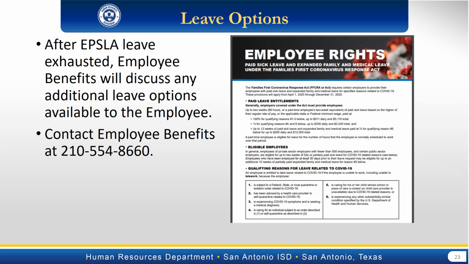For instance, if an employee ends up having to be out for a second time or a third time, once perhaps because they were sick, another time months later because they were in close contact, or a third time because a family member, a household member was ill, then the employee would use the EPSLA up to 80 hours the